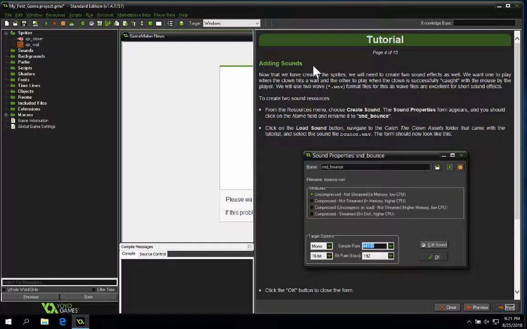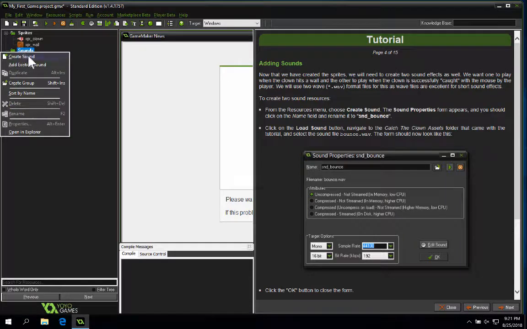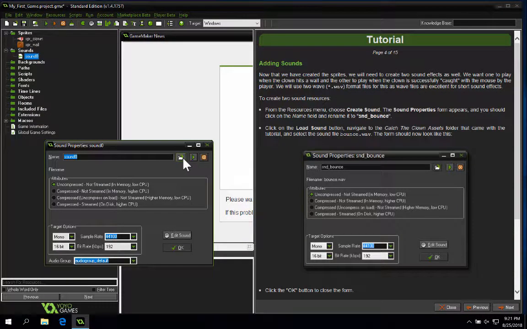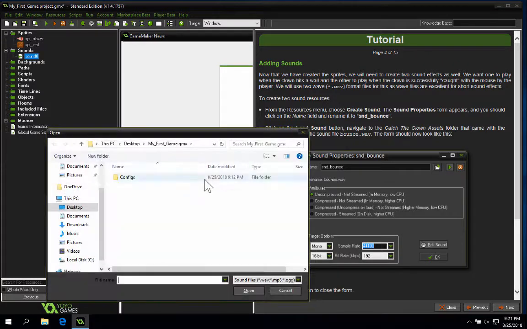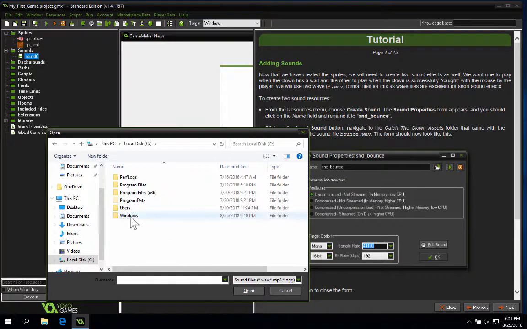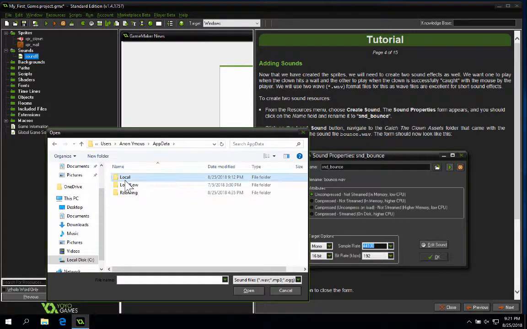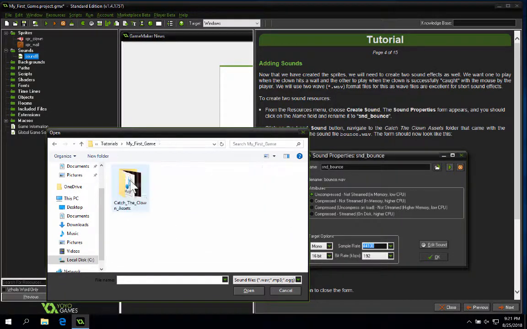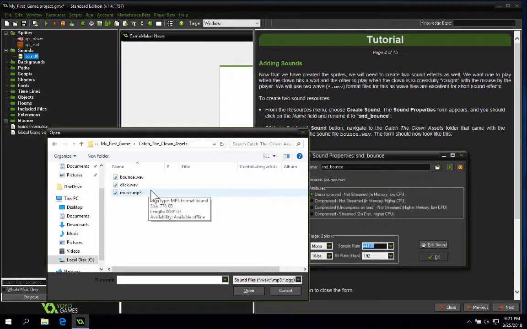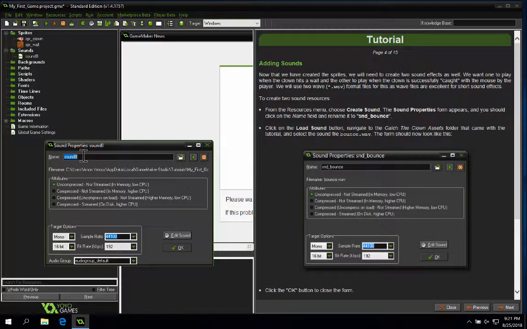And sounds are added similarly to how we added the sprites. We're going to right click, create sounds. We're going to click on this button here to look for the sound. Again, you have to go to this PC, local disk, users, your username, app data, local. You're going to go to Game Maker Studio, tutorials, my first game, assets, and we're going to click the bounce, open that thing, and this is going to be the